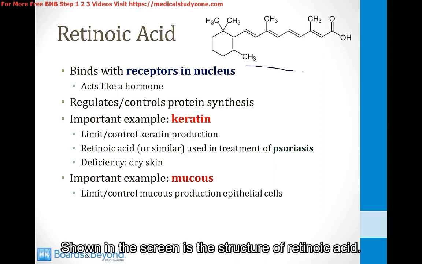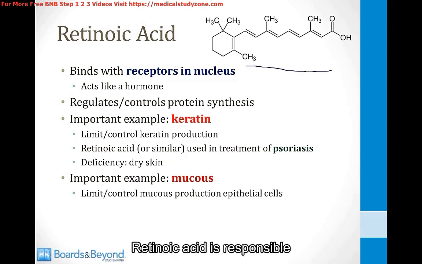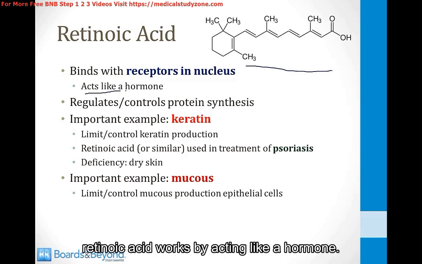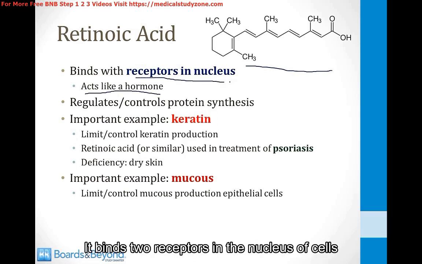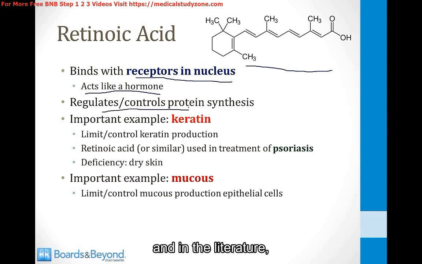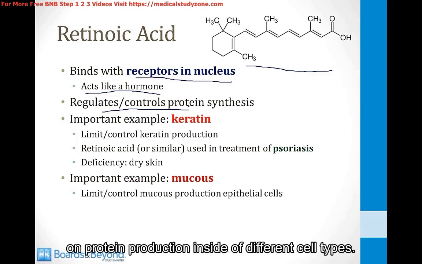Shown on the screen is the structure of retinoic acid. Retinoic acid is responsible for many of the non-visual functions of vitamin A. Retinoic acid works by acting like a hormone. It binds to receptors in the nucleus of cells, and it regulates or controls protein synthesis. And in the literature, you can find many, many examples of the effects of retinoic acid on protein production inside